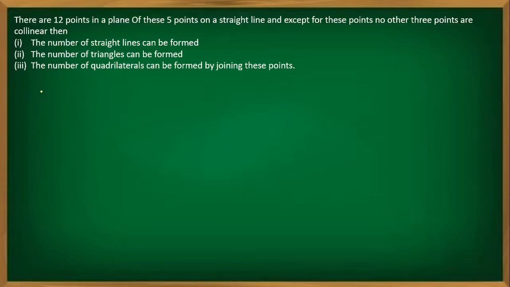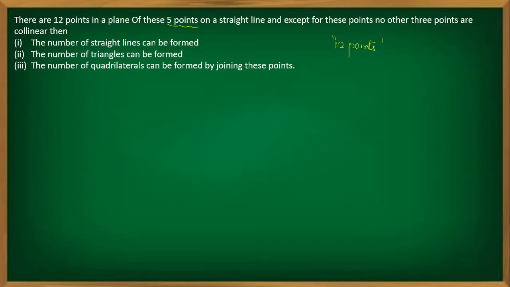Hello students, here we have a problem from permutations and combinations, a geometry based question. Now you see the question is like this. There are 12 points in a plane. So totally you have 12 points. Out of those 12 points, 5 points lie on